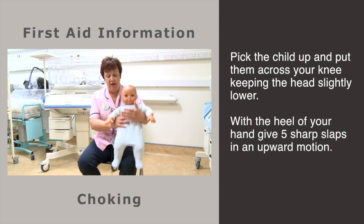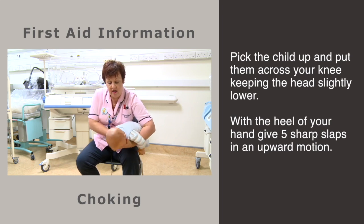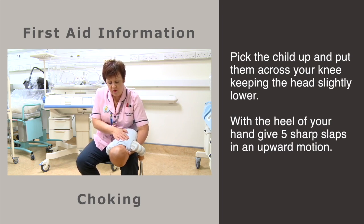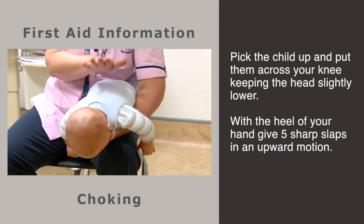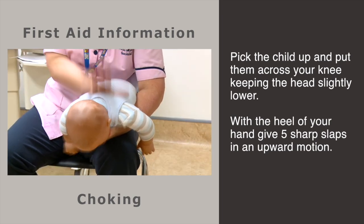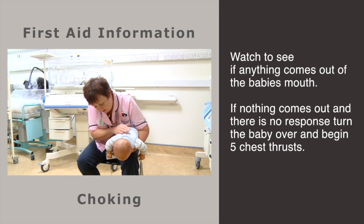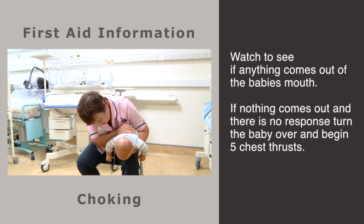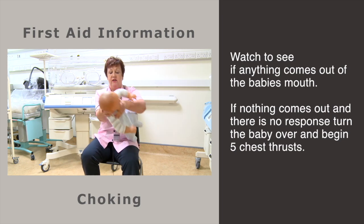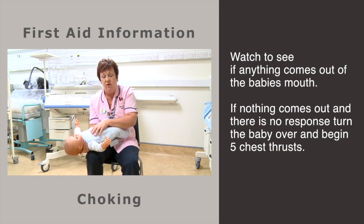So what you do is pick the child up, put them across your knee with the head slightly low, and with the heel of your hand, give 5 sharp slaps in an upward motion, 2, 3, 4, and watching the baby to see if anything comes out of the baby's mouth, and give 5. Keep a close eye. If nothing comes out, there's no response, turn the baby over, and now you're going to give 5 chest thrusts. So with 2 fingers,